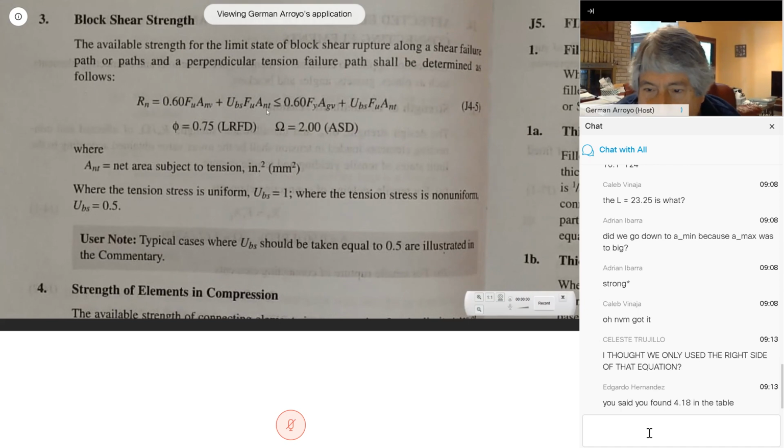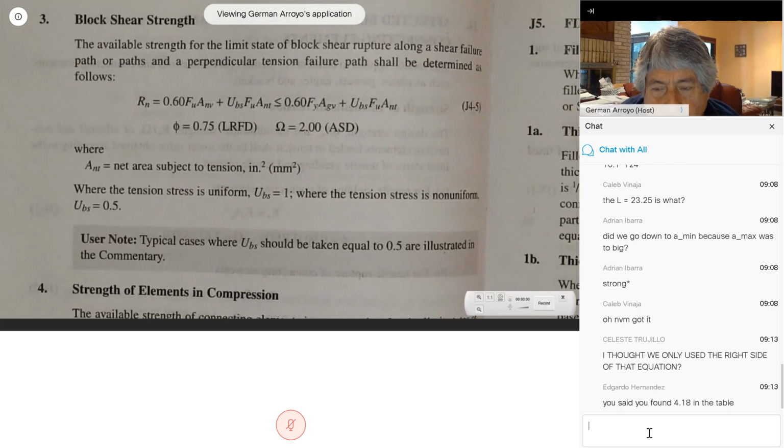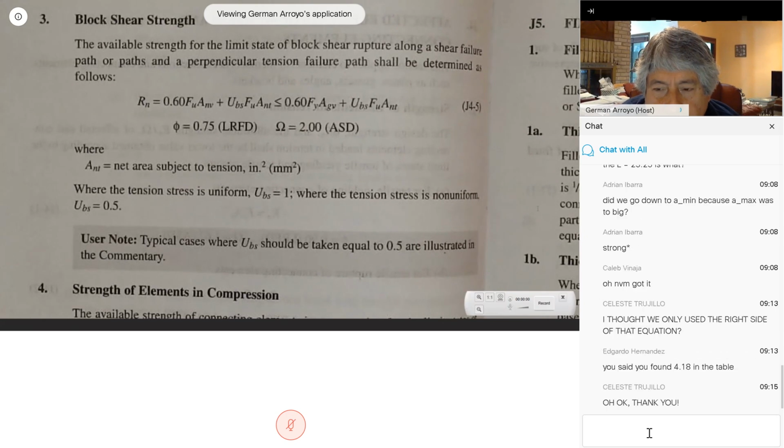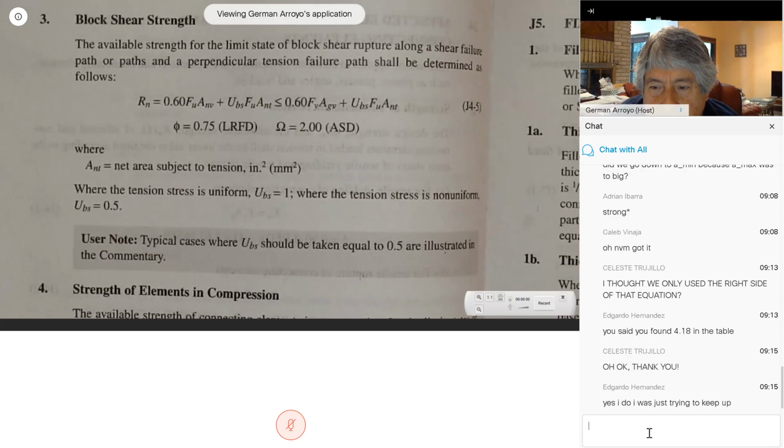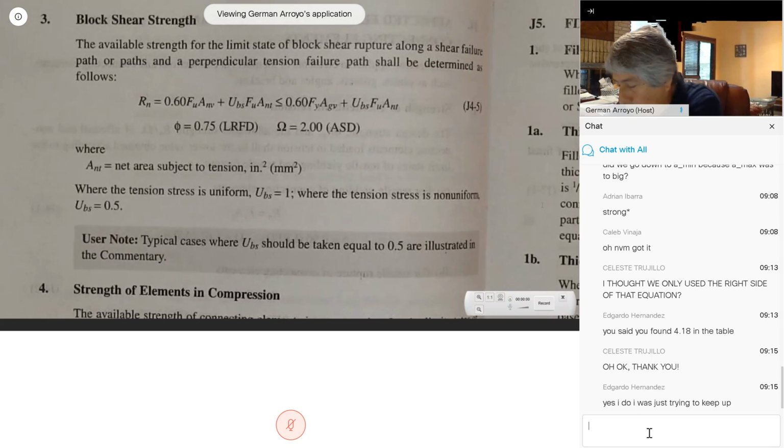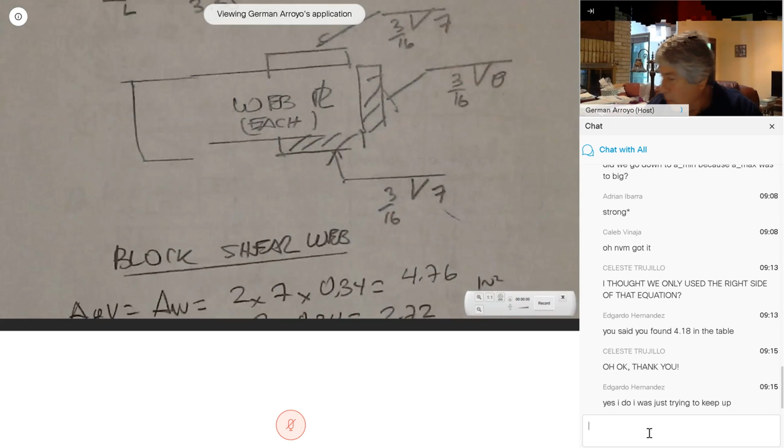And yeah, the 418 is in the table. Check, I don't have the table with me. You, Edgar, you don't have the table? It's not in the code, it's a table I gave you in class. Ah, okay, okay, good. All right. So please ask questions. So